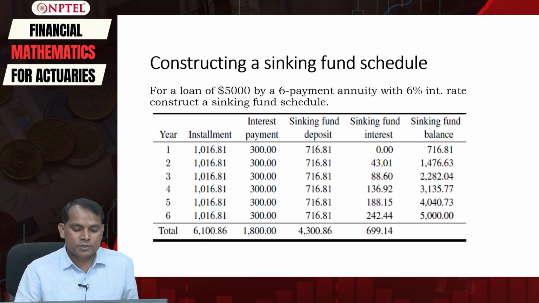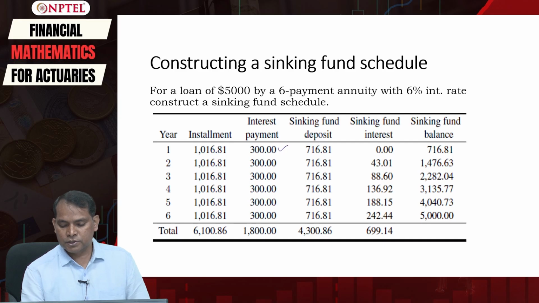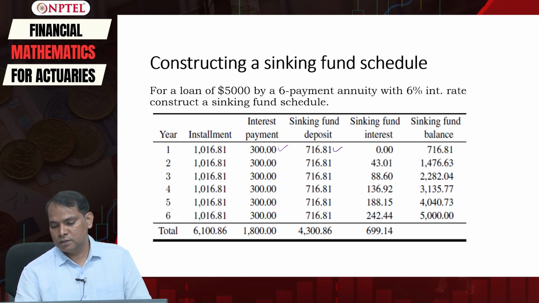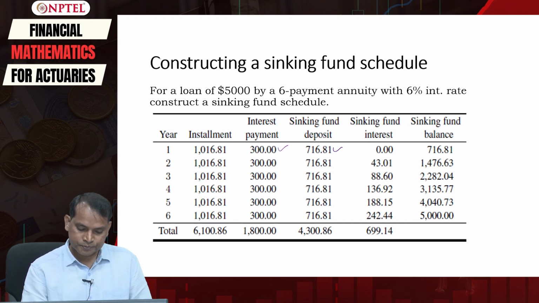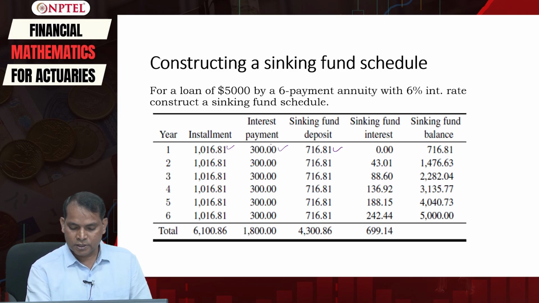Okay, so you can see here that in the first year, as we have already computed, the interest payment will be 300, the sinking fund deposit is 716.81. You have already understood how to compute this, and this plus this amounts to this one. Similarly, we have computed the second row also. Notice here that